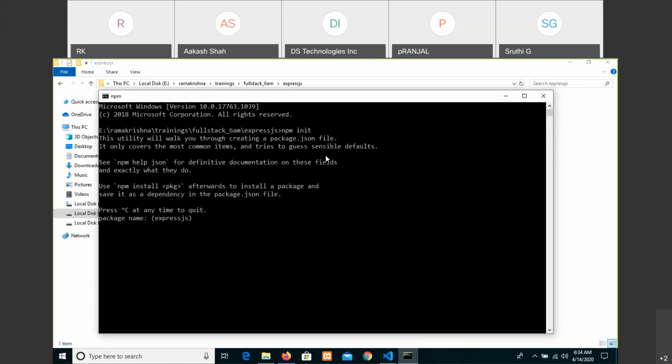The name of the folder is itself taken as the package name. If you want to use the same, then enter the version and description. You can write the entry point of your application, index.js. And if you want a short command to test your application, you can set it.